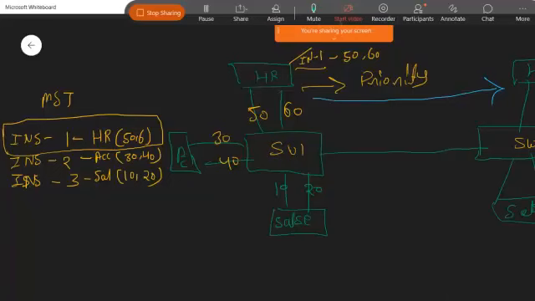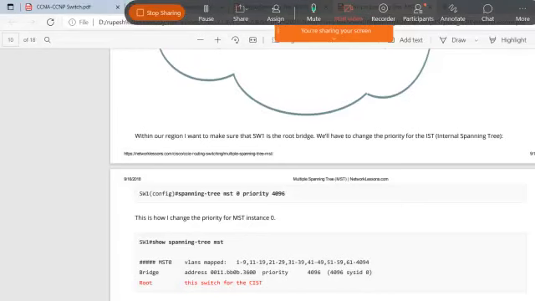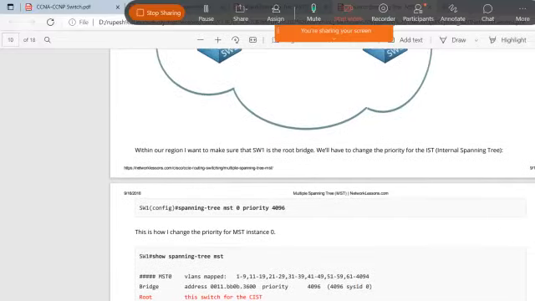Let me just quickly revise it. Inside this MST, somebody asked why we create multiple instances and what the need of it is. If I talk about PVST plus or RPVST plus, inside PVST plus we create a single instance for a single VLAN, right?